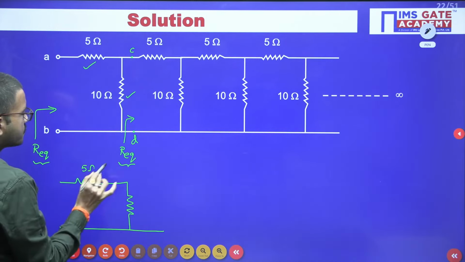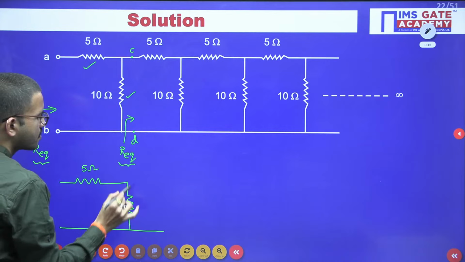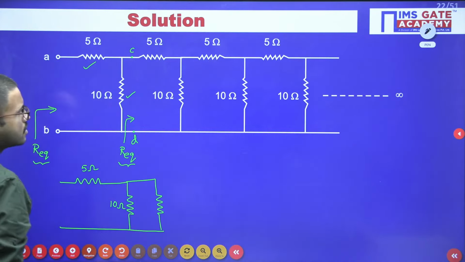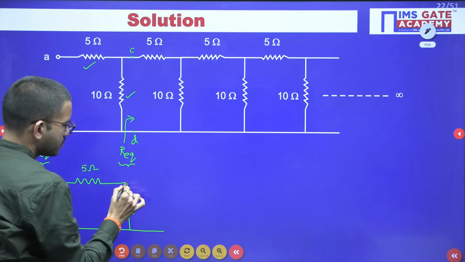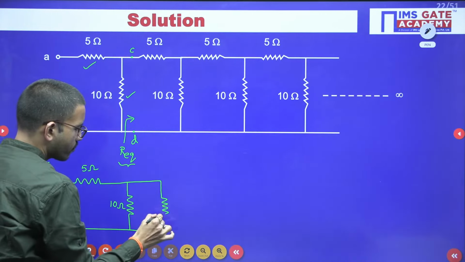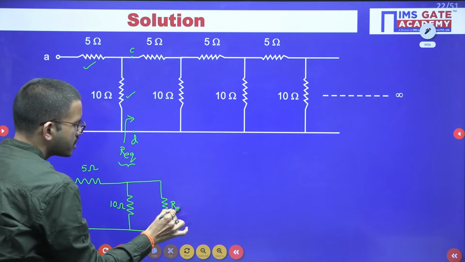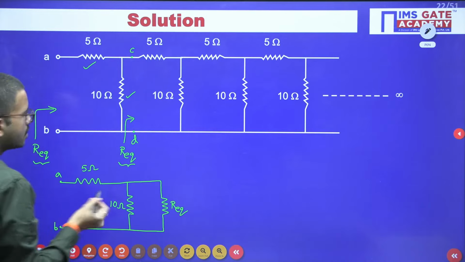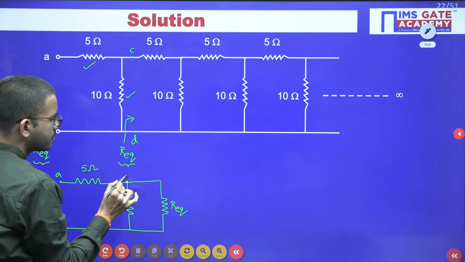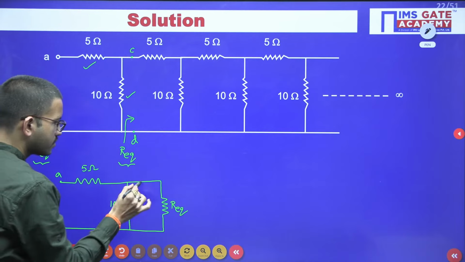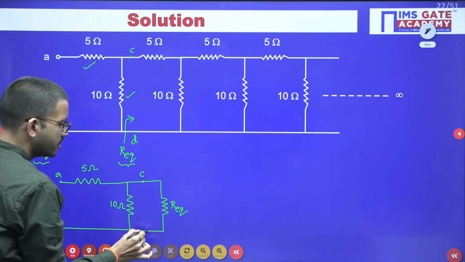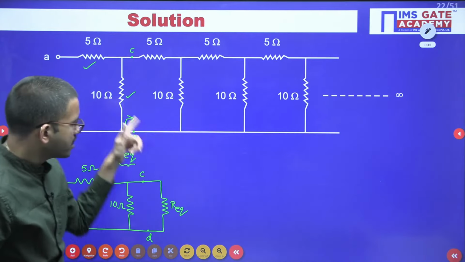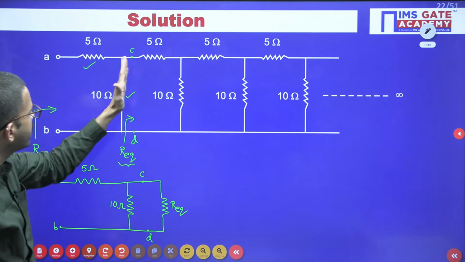Here, 5 ohm resistor, then 10 ohm resistor, once again. Here I am placing R equivalent. Okay, just for reference I am labeling the nodes A, B, and here C and D. To the right of C and D, the entire network I have replaced with one single resistor, and here